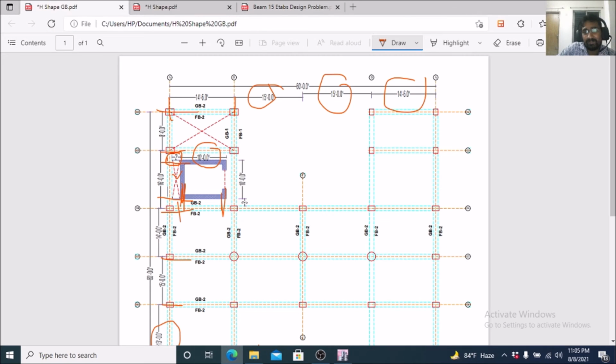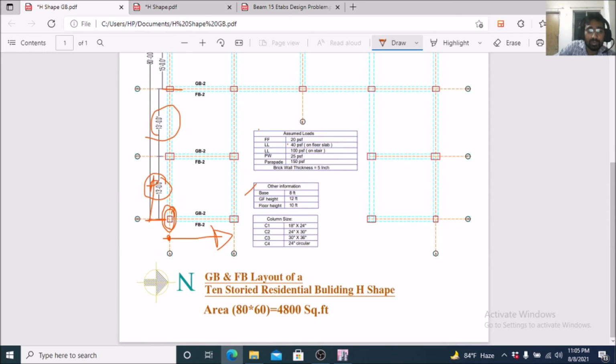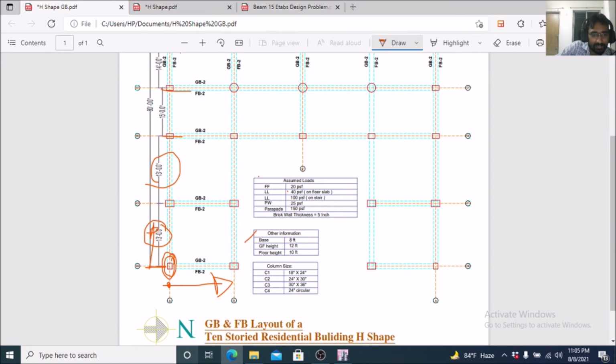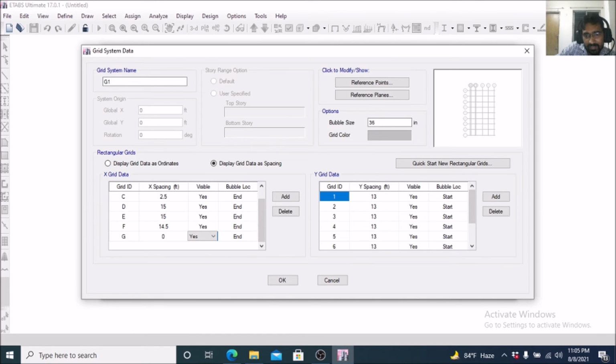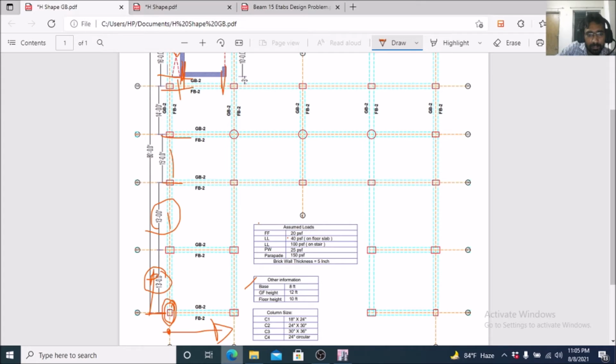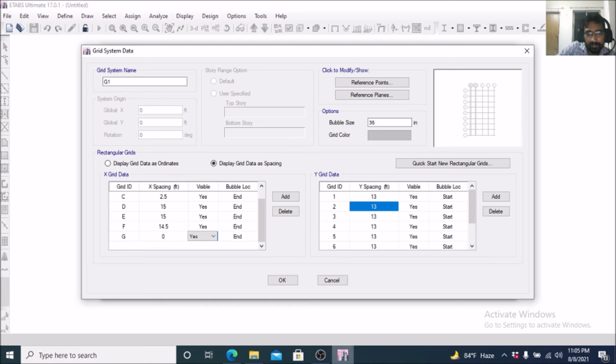What does it mean? Final spacing is 0 because there is no column after this. And now the y spacing. Second spacing will be 13, then 15.